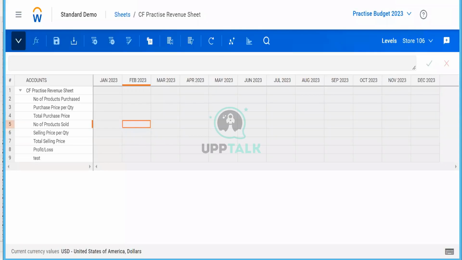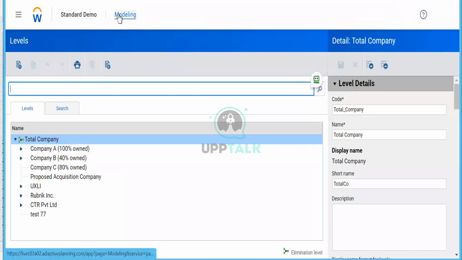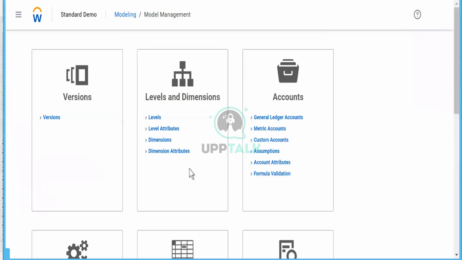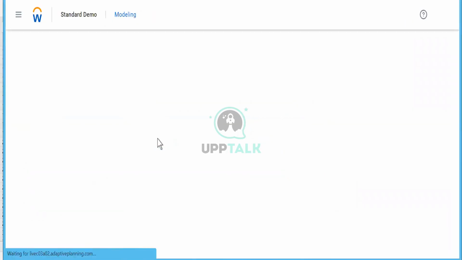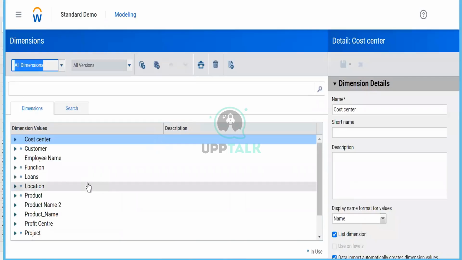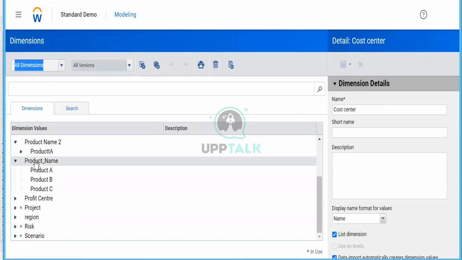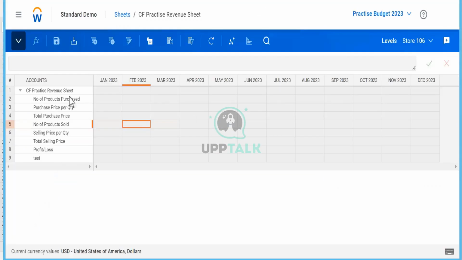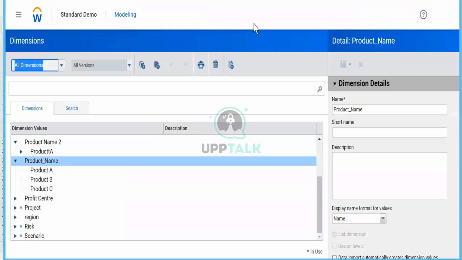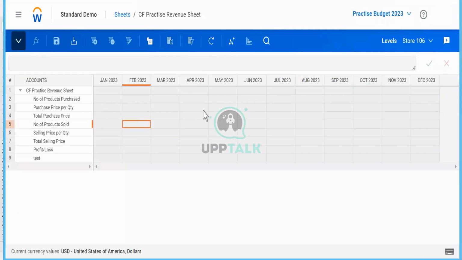Let's say I think we created a few dimensions yesterday related to products. We will use that. Let's go on dimensions. We will use product name too, or we will use this one. Maybe we have the product. Let's say I want to understand from this sheet how many product A were sold, how many product B were sold, and how many products C were sold. We will utilize this dimension in this sheet, correct? That will make us make a cube sheet in that.